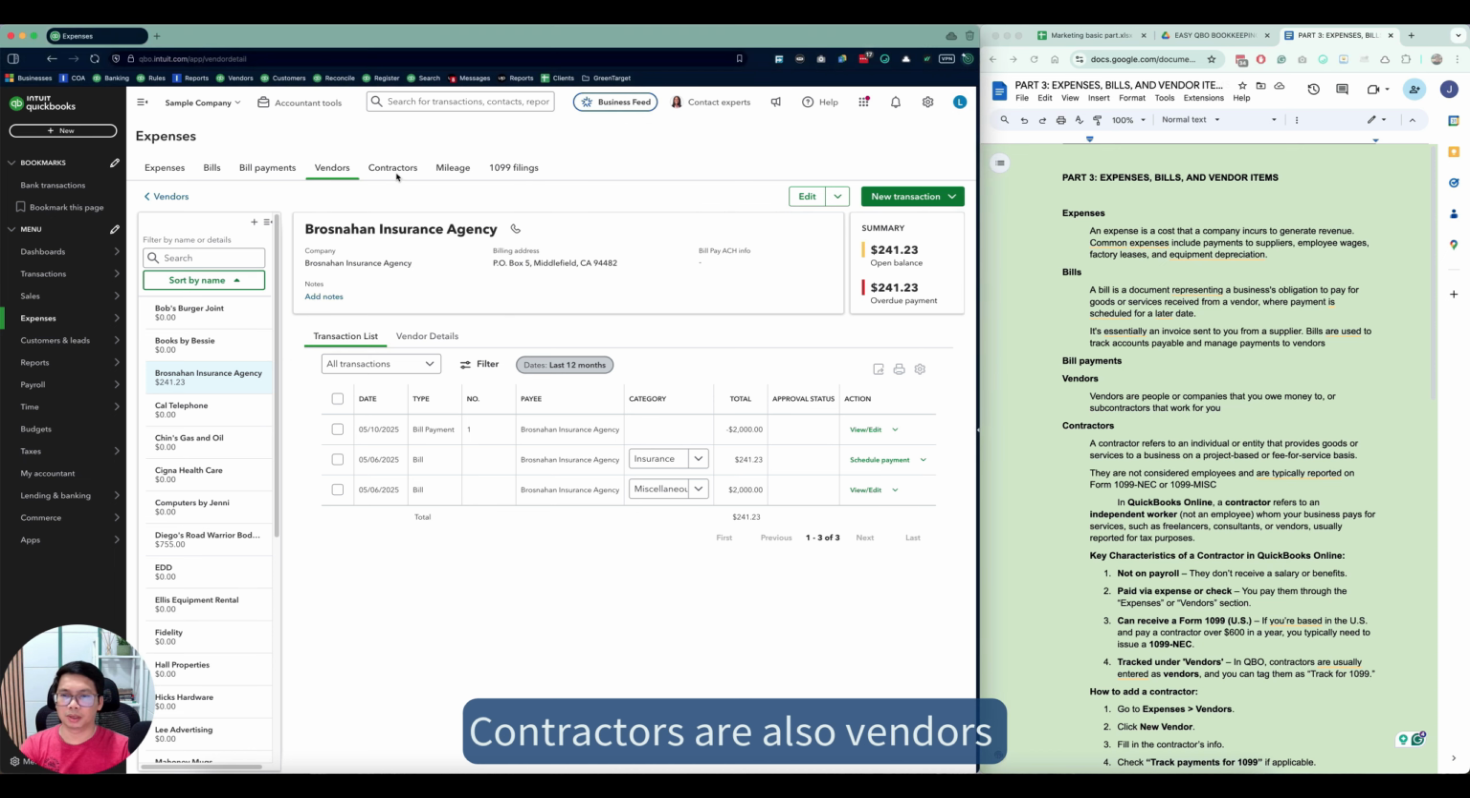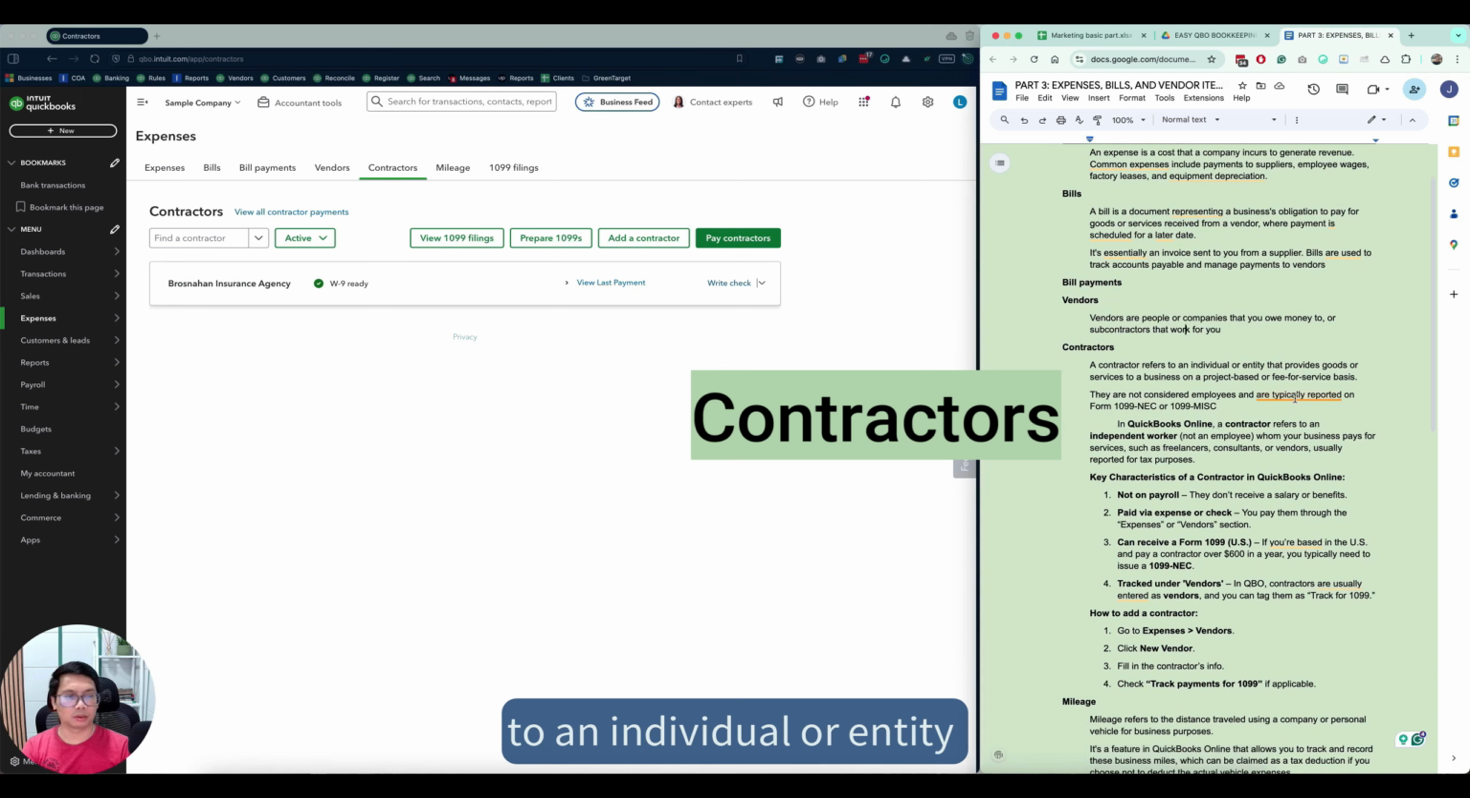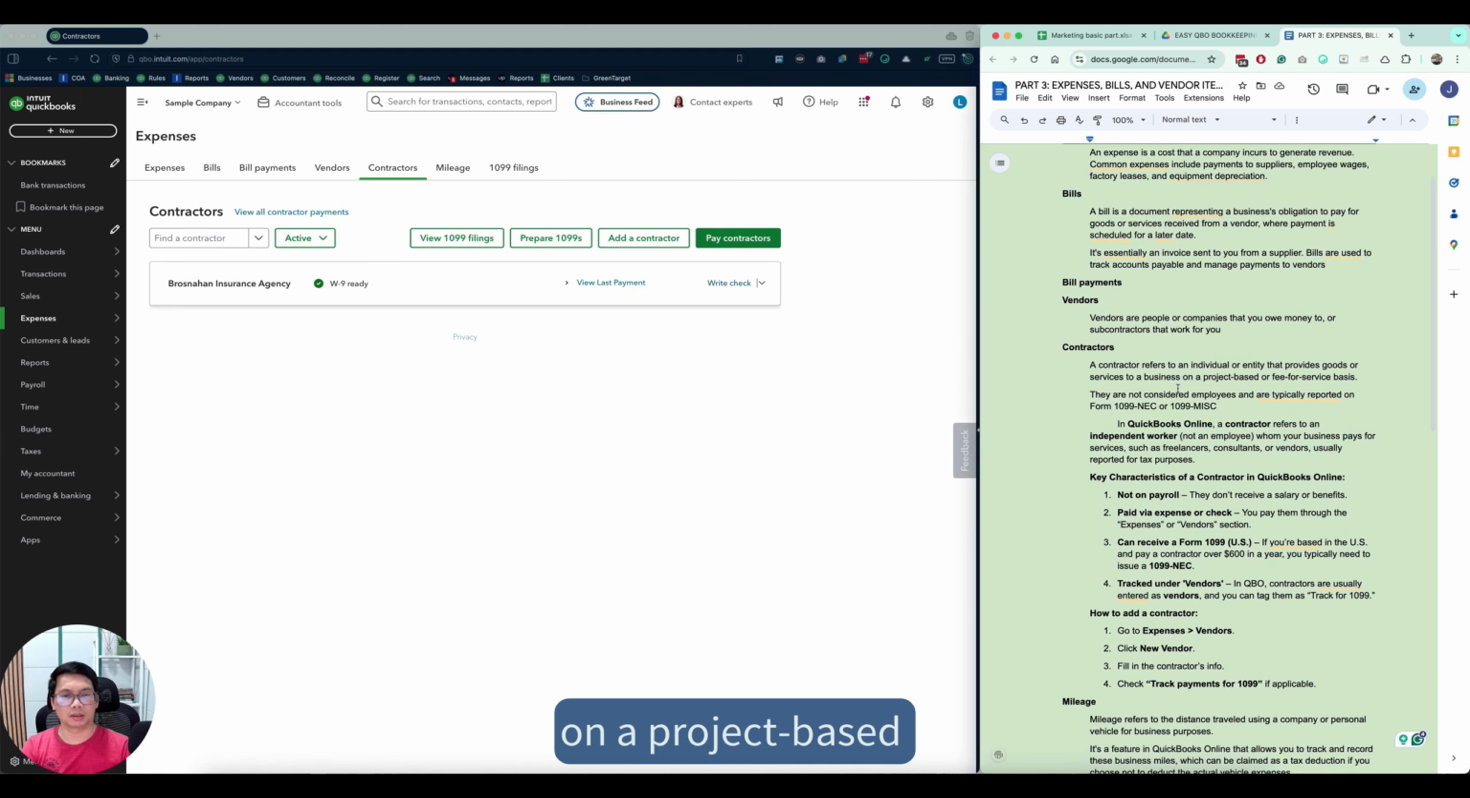Contractors are also vendors, but they have a special category here. Contractors refer to an individual or entity that provides goods or services to our business on a project-based or fee-for-service basis. So one of the common things that we need for contractors, that's why we separate it from the regular vendors, is when you pay something that is above $600 in a year for a contractor, then you need to file 1099 for them. You need to ask for a W9 from the contractor and then prepare 1099 at the end